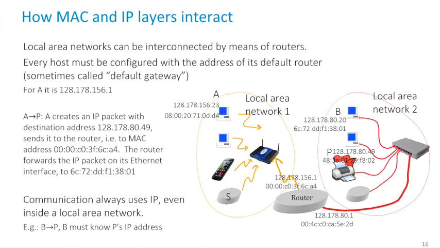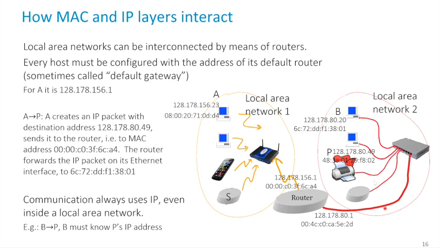How does it work? Well, first we put a router that has both a Wi-Fi interface and an Ethernet interface, and we give it an IP address for each of these interfaces, a different IP address for each of these interfaces. And we must inform all the IP machines that are in the yellow or in the red subnetwork of the IP and MAC address of this default router. In fact, as we see, we inform them at the IP layer with the IP address,